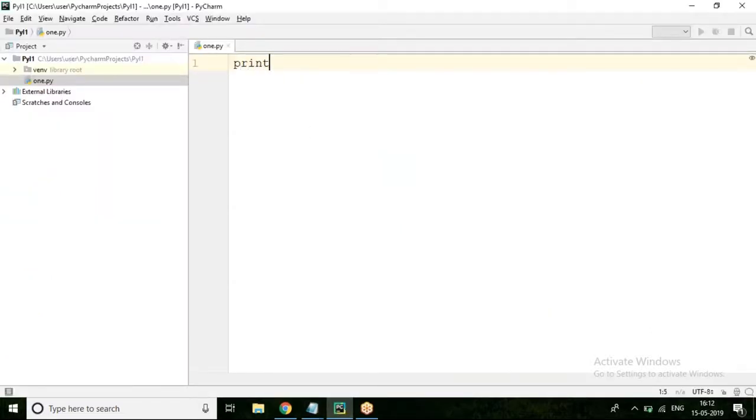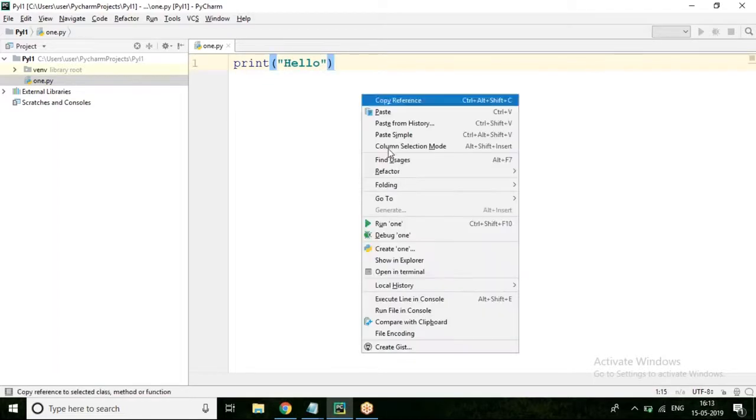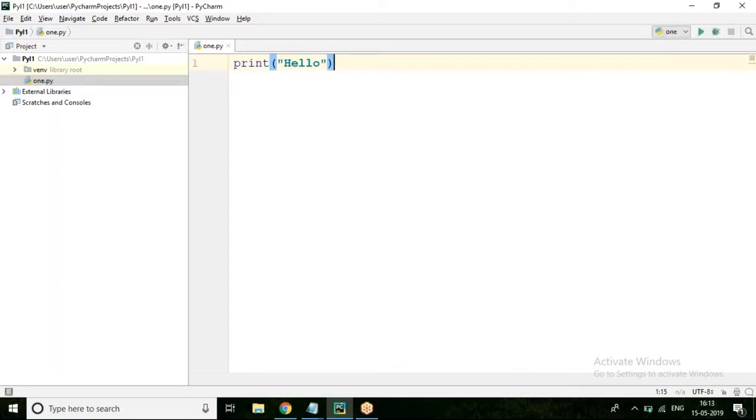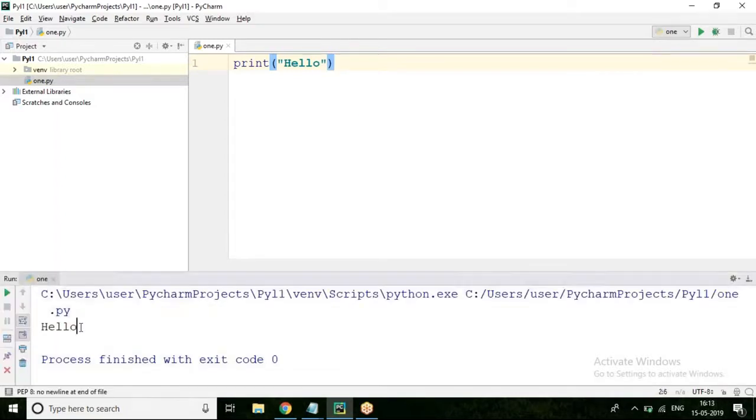So in the print function, I am giving hello in the double quote. Let us check. Is it going to print hello onto the monitor? Yes. Now, in the print function, if I put something in the single quote, will it be printed as it is onto the monitor? Let us check.